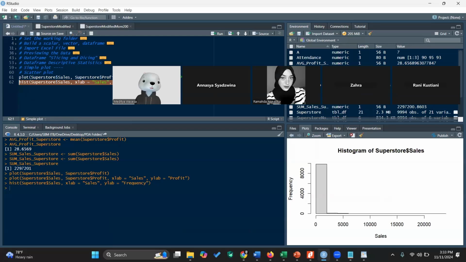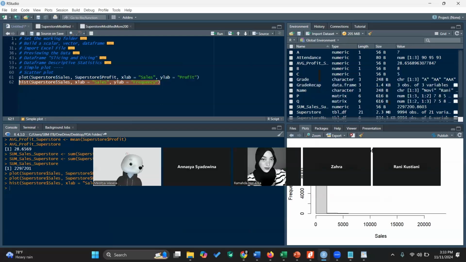Breaks. I will break it. Breaks mean I divide it into several categories, let's say 20, or several bins. It's still ugly. How do you see that?